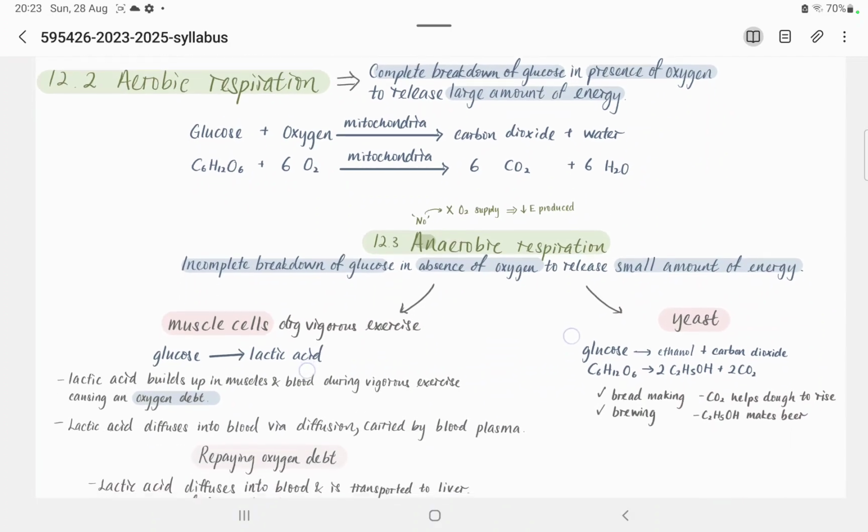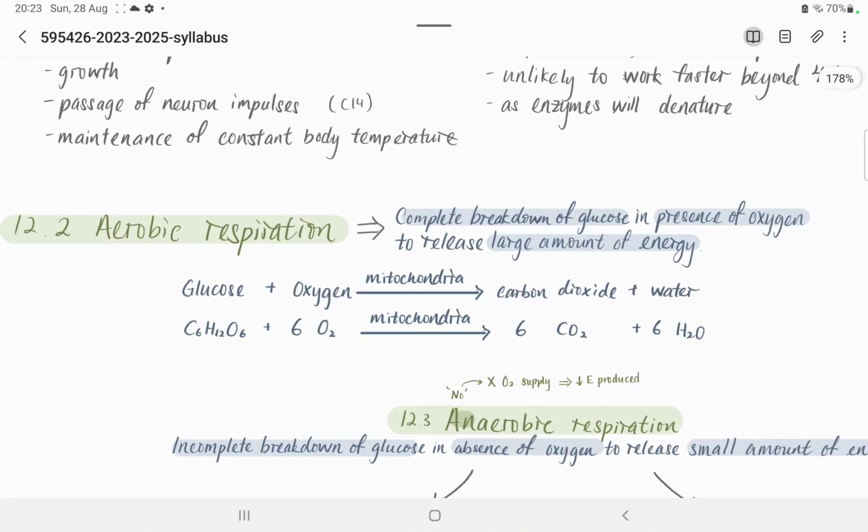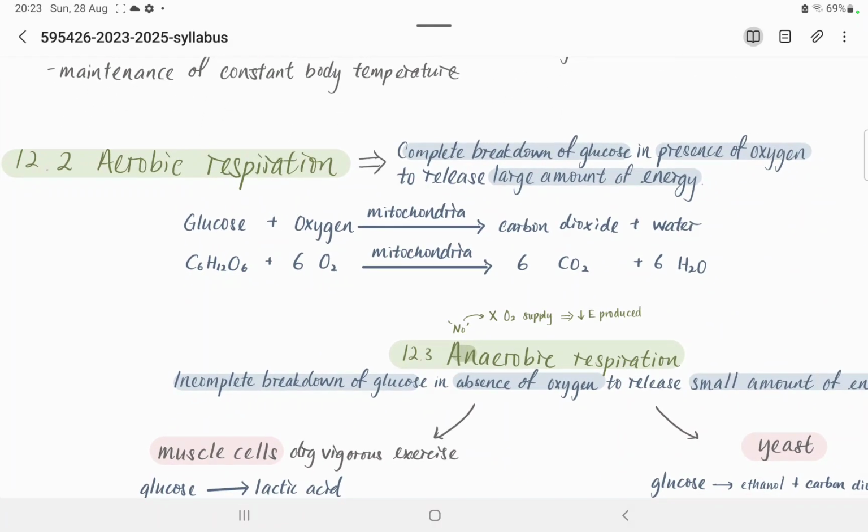12.2, still easy. Aerobic respiration. Aerobic respiration, 3 points again. You need to know how to define. Complete breakdown of glucose, and then presence of oxygen to release large amount of energy. Okay, this one is the word equation and the chemical equation. You also need to know how to write because they can give you maximum 3 marks for